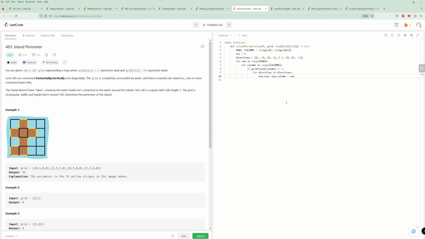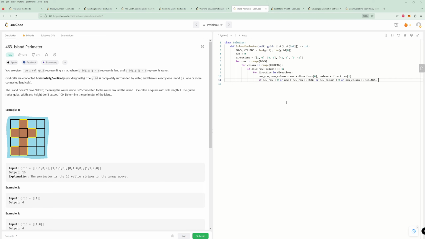So row plus directions 0, column plus directions 1, and then if new row is less than 0, that's fine, or new row, all of these cases would give you another point, so new row is greater than or equal to rows, or new column is less than 0, or new column. It's going to get a little lengthy, but that's okay. Greater than or equal to columns,